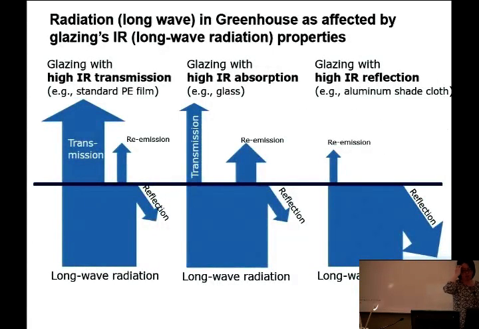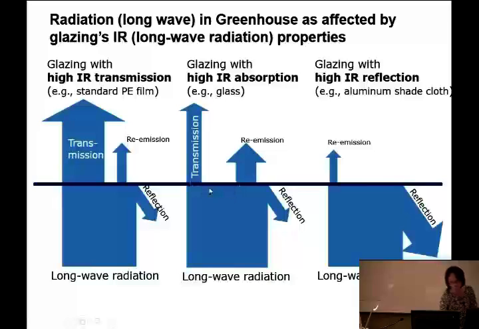Okay, so let's look at three representative materials I want to talk about. As I said, glass is relatively opaque to long wave radiation. So this is the upward radiation, the plants and ground and everything emitting long wave radiation coming up. And the blue line here is the glazing, in the case of glass having a high infrared long wave absorption. In that case, it's absorbed and there is less transmission going on. And it is absorbed, and emissivity is relatively high, so there is a re-emission going on. But as a whole,